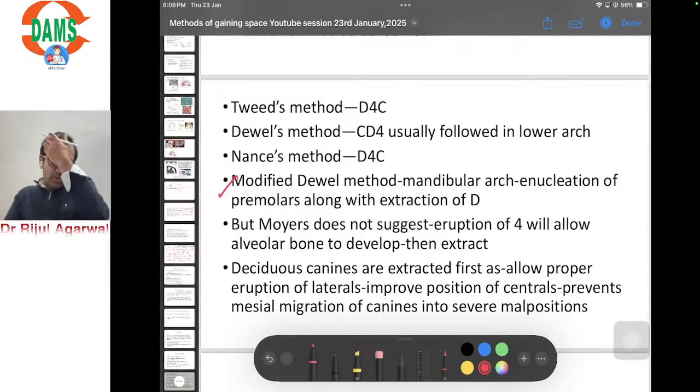But Moyers later said that if we prematurely extract or enucleate the permanent first premolar, the alveolar bone in that area won't develop properly. As we know, the eruption of teeth leads to proper development of the alveolar bone. So it is said to let at least three-fourths of the root of the permanent first premolar develop, and only then go for its extraction. Next, what was the reason behind extraction of the deciduous canine? So as to allow proper eruption of the lateral incisor, improve the position of the central incisors, and also prevent